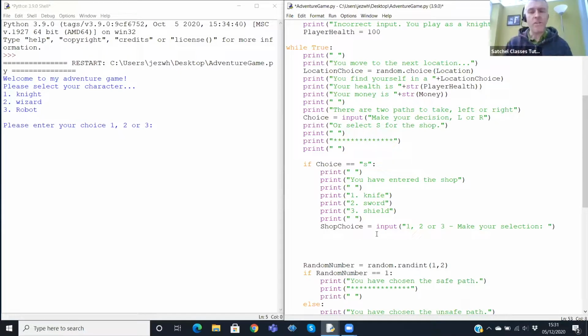What's the very first thing that needs to happen? If you walk into any shop in real life and you go to the counter, you say, yep, I want to buy this, please. The first thing that needs to happen is to check that we've got enough money, that we're not chancing our luck. So that's what we need to do in our game. We need to make sure that we've got enough money to buy this. So if shop choice equals